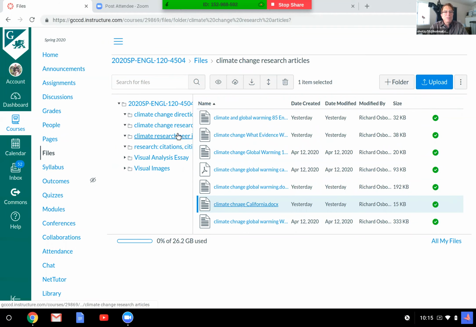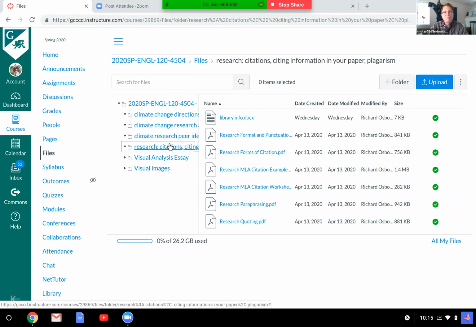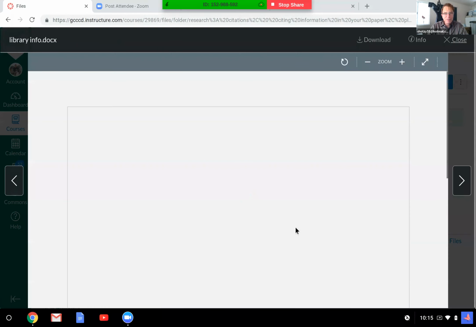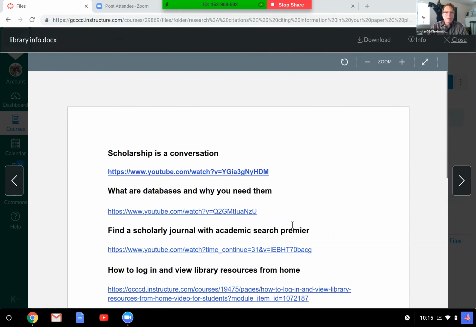And then we looked already at the peer examples. The citation information is there on this one. If you can't remember how to get into the library, then click on that first document, and it gives you some background on the library, but also